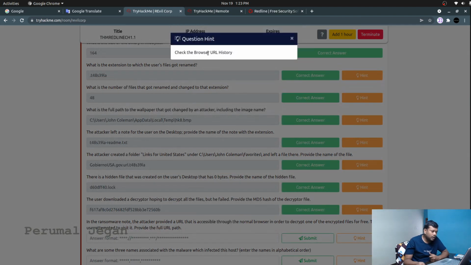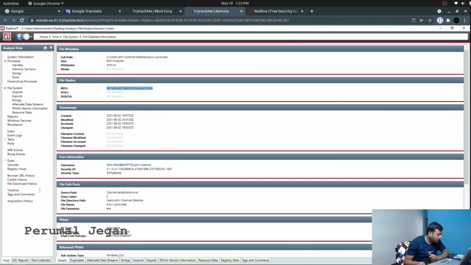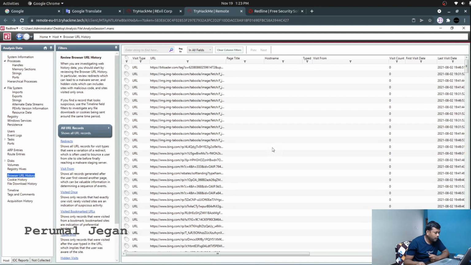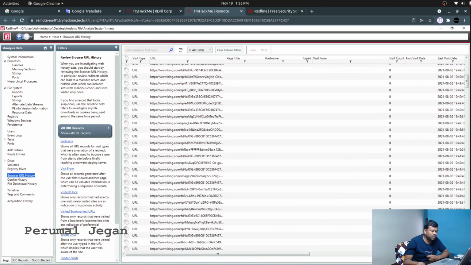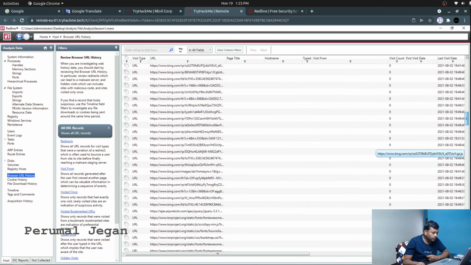And the hint is check browser URL history. All right. Browser URL history, where we can see a bunch of URLs accessed by the user. All these URLs look similar and known. Let's look for the weird one. I'm scrolling through.